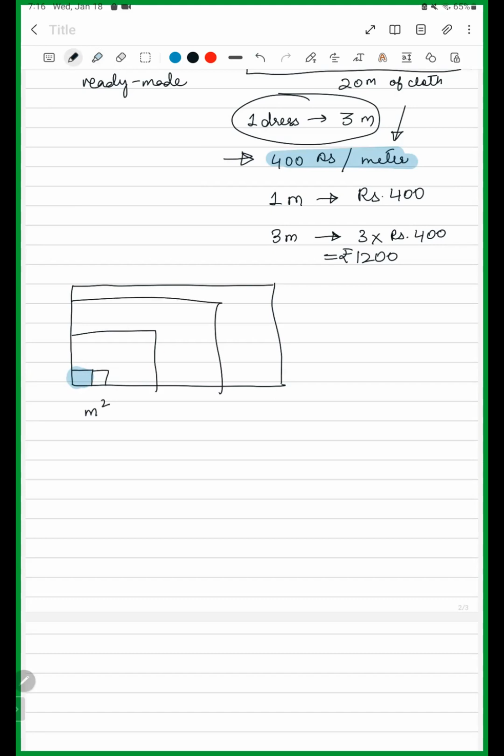समझ में आ रहा है यहाँ तक? So per meter square you have to pay, for 1 meter square you have to pay how much? Rupees 10,000. Now it's up to you कि अगर आपको पूरा का पूरा लैंड खरीदना है तो you will see कि पूरे लैंड का क्या एरिया है, and that turned out to be 1,50,000 मीटर स्क्वायर ये एरिया था है ना? तो अगर आपको ये पूरा लैंड खरीदना है, which means this entire thing if you want to buy,